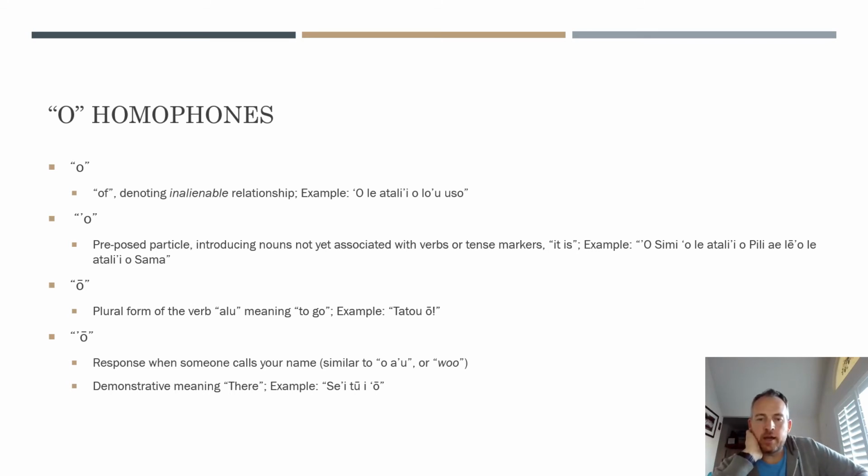So the example we have here is "sei sei tu yo." Sei is a command marker. Tu is the verb to stand. I is like at, and then o in this case is over there. So it basically means just go stand over there. Sei tu yo. Anyway, I'll link to the demonstrative lesson or video, whatever you want to call it.